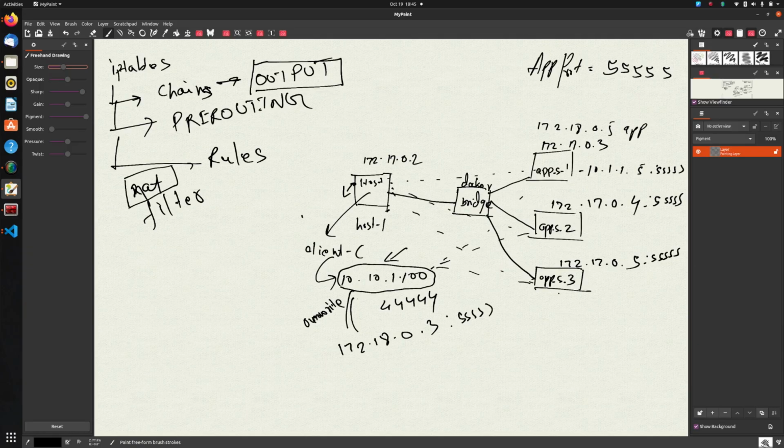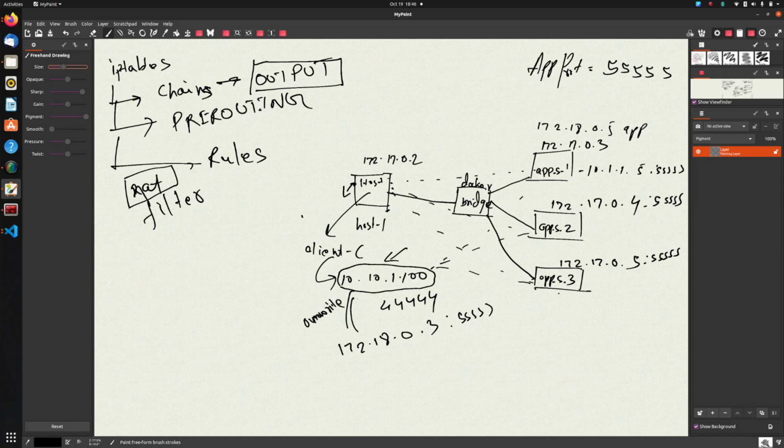Why do we concern ourselves only with the NAT table in this case? Because that's what we are going to do, right? This entire scheme of overriding the destination IP with a different destination IP is basically network address translation, not the usual one that we do on routers for accessing the internet, but a different one called destination NAT, where we are changing the destination IP, the IP for which the packet is bound.